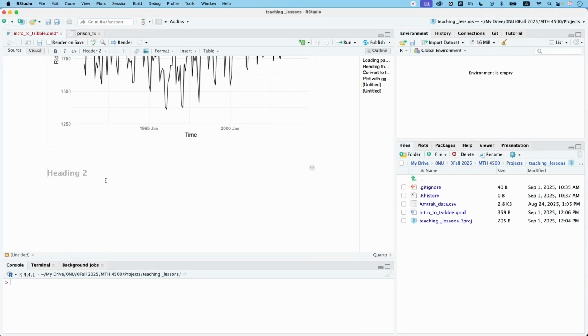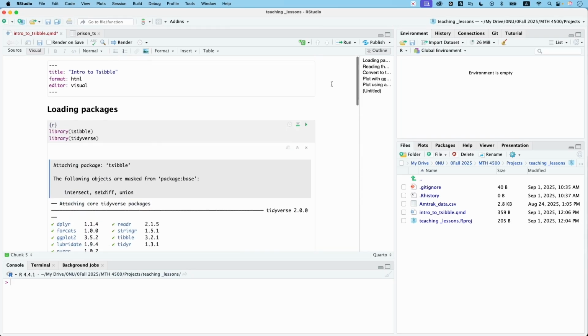So in the first video, we had an introduction to tsibble. In the first video, we did ggplot. Now let's use another plotting function called autoplot. So plot using autoplot. Now, because I have nothing here in the workspace, I have to load all of these